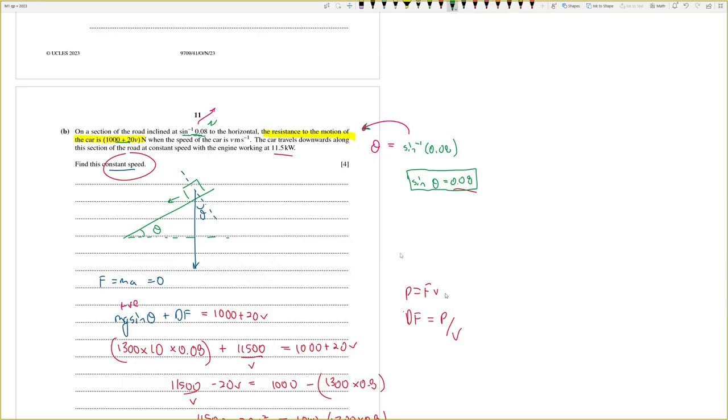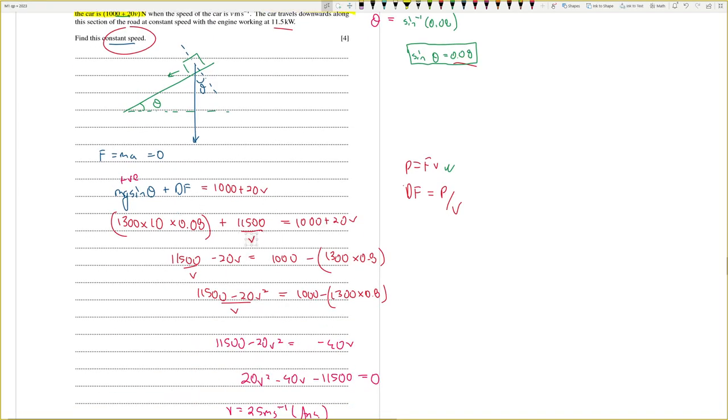We know that P is equal to Fv, so driving force equals P by V. Now the power is 11,500, right? And the velocity is V, unknown. And the resistive force is 1000 plus 20V as mentioned in the question. So we are to find this constant speed. After working, you actually end up with this,